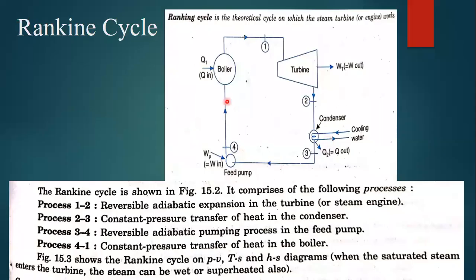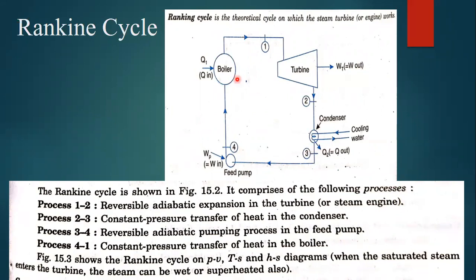So that's why, at the boiler, wherever we are going to give heat, there we need to improve the heat supply, and wherever there is heat rejection, there we need to decrease the temperature. If we increase the average temperature at the boiler, or decrease the minimum temperature at the condenser, then the chances of getting higher efficiencies can be high.